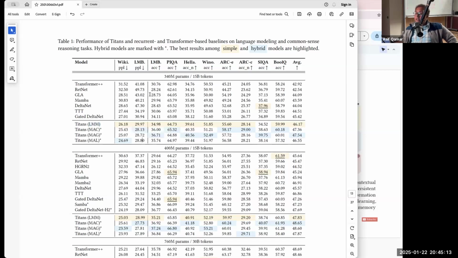So the idea here is they have two types of performance. One thing I noted down is that perplexity is an evaluation metric. The lower the number, the better the predictability of the LLM when there is a large context. So you can easily say that compared to other architectures, which are in the 40s, 49, 43, we are talking about the range of 29, 28. So it's definitely like a 20 to 30% improvement. So perplexity is the key thing.